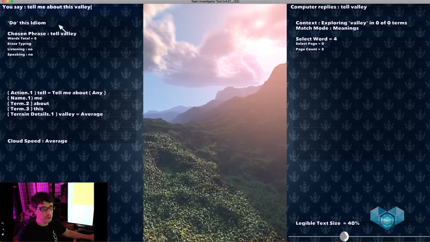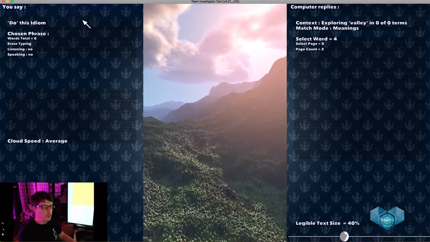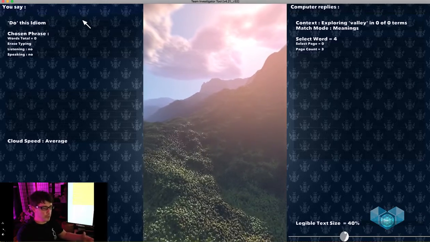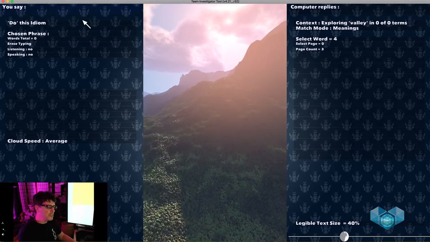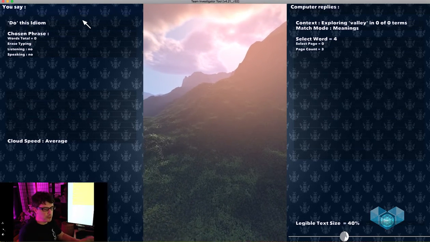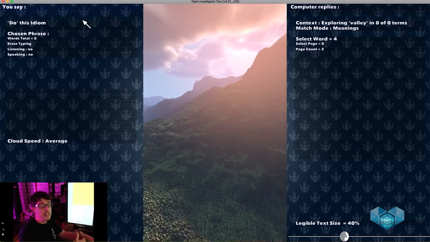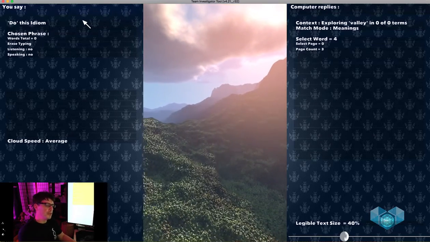That's pretty straightforward. And one of the things, we don't have to add a new word, but I'm going to bring the point home. You can see down there, cloud speed, and it says average. There was also a percentage number. Everything always has many different ways we can express it. But the first thing we might want to do with cloud speed is,